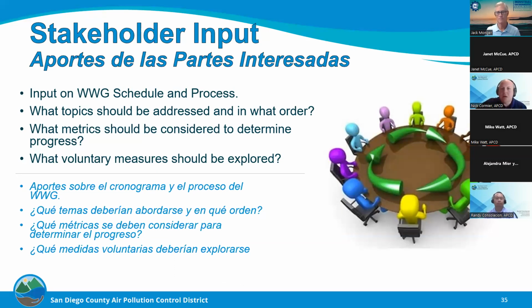Great. I want to read a comment that was submitted in the chat by Eric Ruvold, and I'll just read it verbatim. Interested, heads up. One issue will be how APCD decides to treat flex space that was built to accommodate warehouses or manufacturing, or both. Indeed, the vast majority of industrial space was built that way. In addition, some of it has minimal truck traffic, while others, such as last mile delivery, I'm assuming, have a lot. This feels like the trickiest issue.